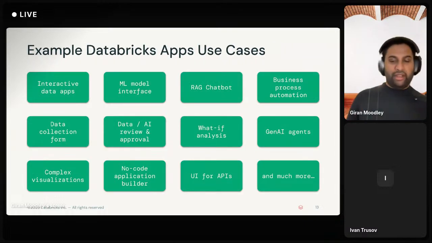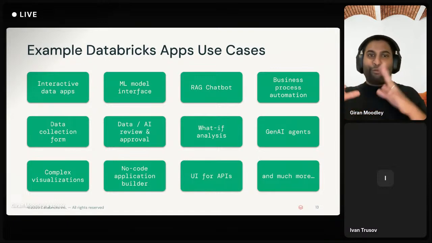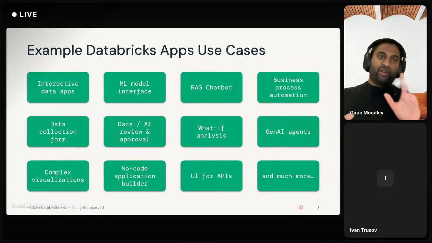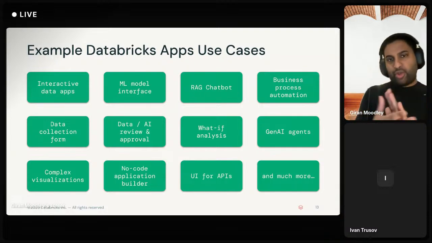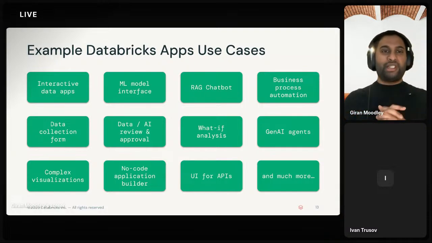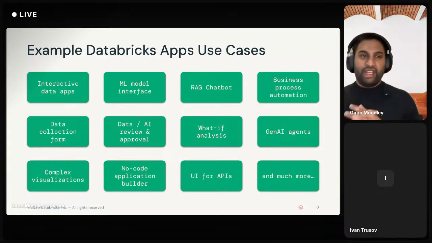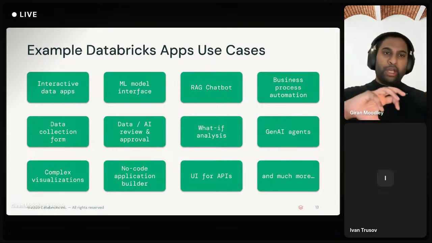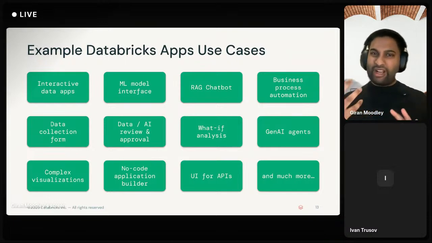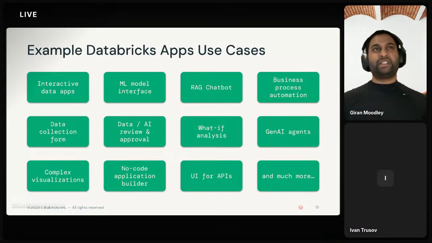To give you an idea, there are many different ways to use Databricks apps, and by all means, your imagination can run wild. I'm just trying to give you some of the core examples of what we've seen customers use it for today, but I'll also talk a little bit about what we're actually seeing deployed in a production manner. If we're moving away from the traditional static looking at data, to interacting and writing data back to the workspace, Databricks apps is perfectly designed to do that.